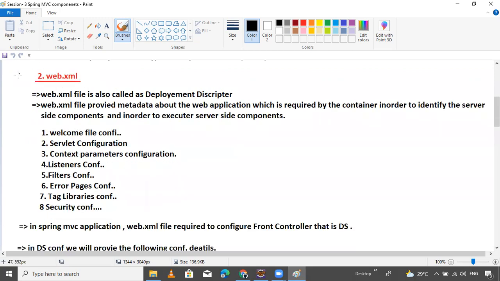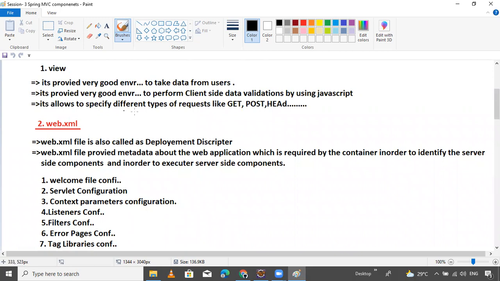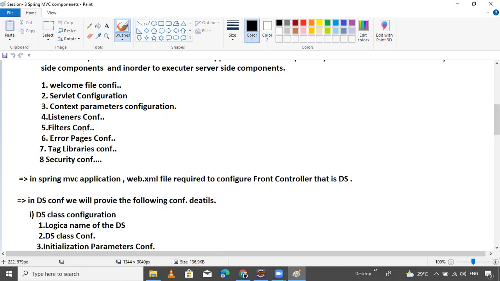And the second component is web.xml. Also, two more things are there. What are the two types of view? First is generating the response with only static content. Second is taking the data from the form, which is called form data, the form view part. Second is the status kind of thing, returning just simple pages like a success page or failure page.